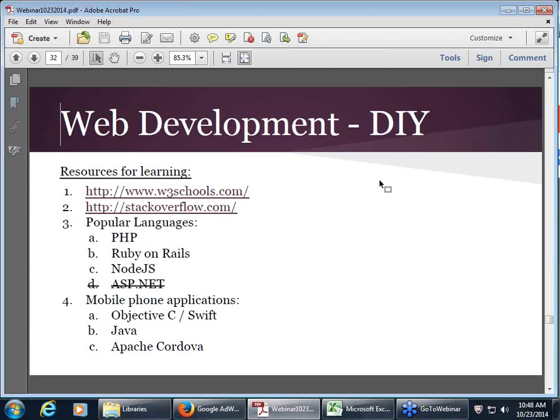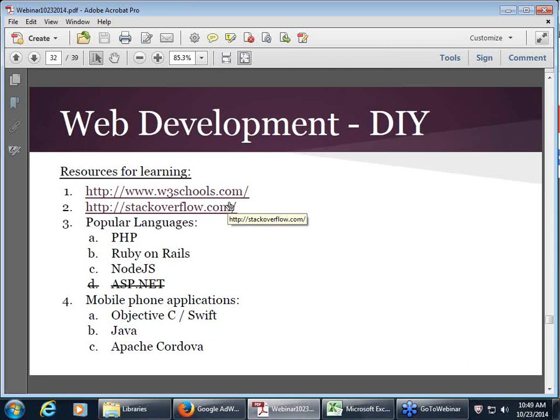So for someone who does want to do it themselves, you can suggest a few tools to them. First and foremost is W3 Schools. They have a very wide breadth of languages that they talk about and curated, professionally built content on how to use different programming languages. For users that have a specific question that they'd like to ask or perhaps find an answer to a question that other people have, they can go to Stack Overflow, which is a central repository of questions on coding and development.